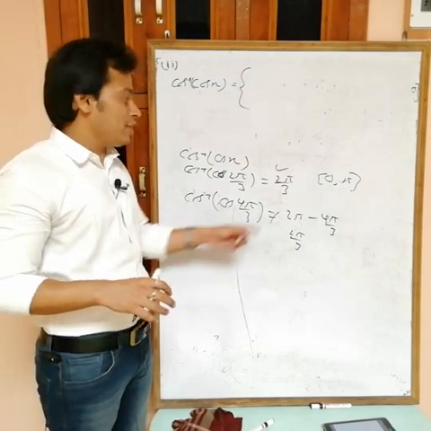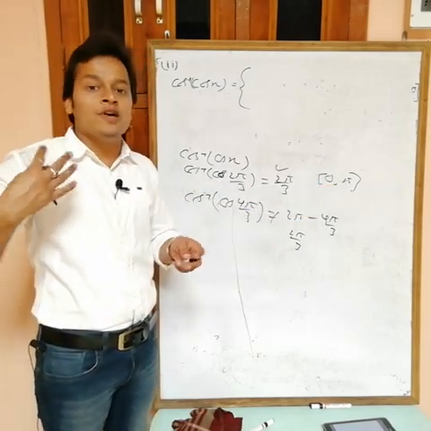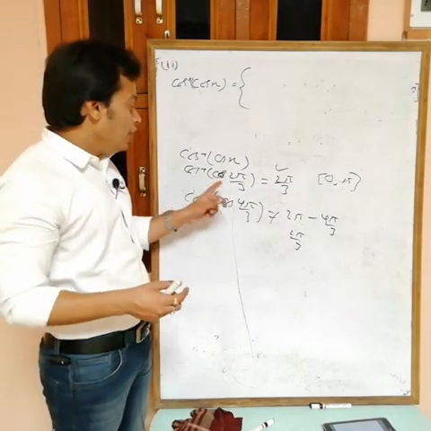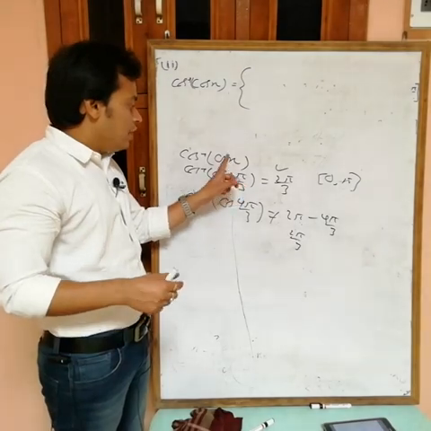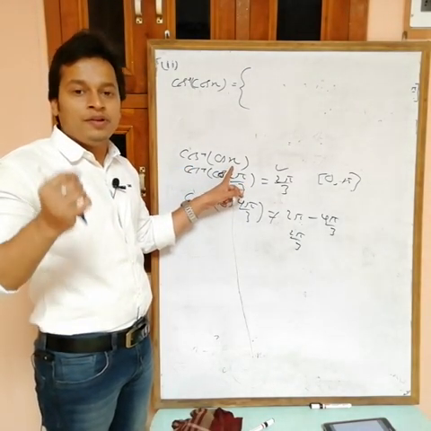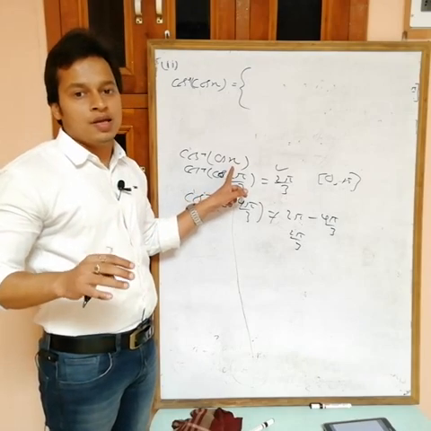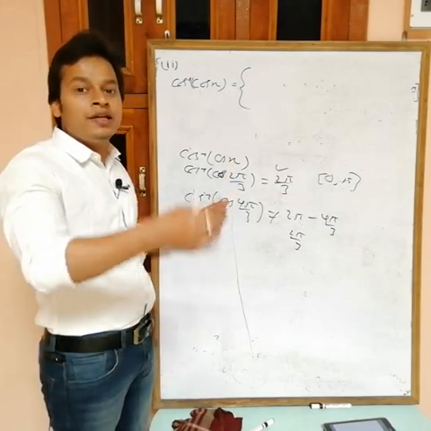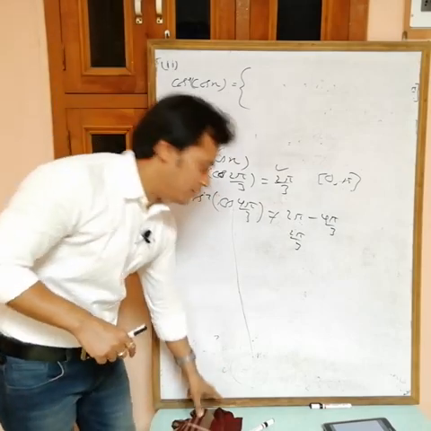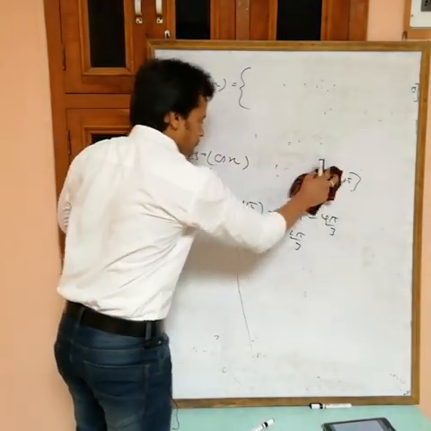Because the range of cos inverse is 0 to pi, this is always positive. Okay, this is always positive. In cos inverse cos x, if x is less than an even multiple of pi, then that even multiple of pi minus x. And if x is greater than an even multiple of pi, then x minus that even multiple of pi. It means like this one.